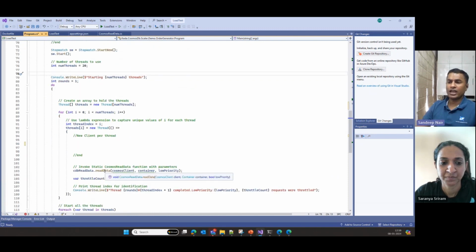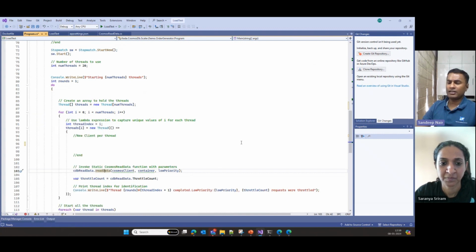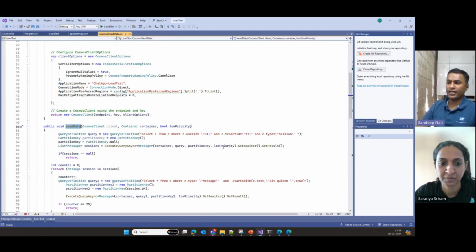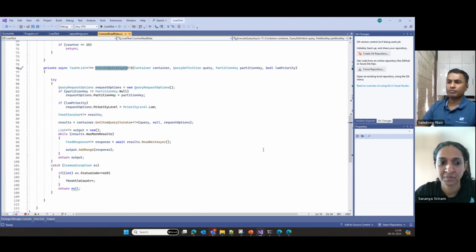Here, when I say send read data, which is my call, I will pass the priority, and the priority will be low. So in the request option, we have an option called priority level, and you can set the priority to be